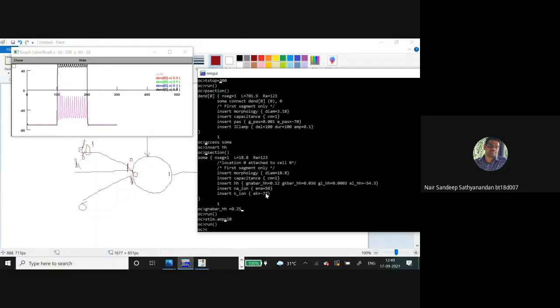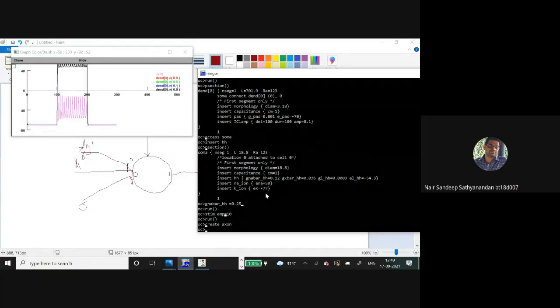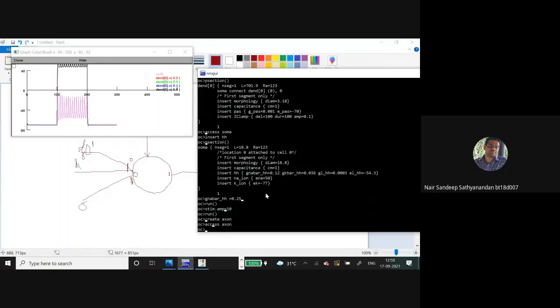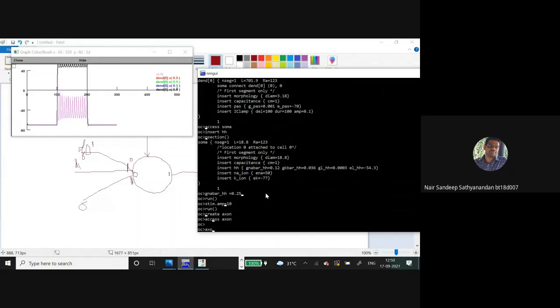Again, for creating an axon, we have to use the create command. Then we have to create axon. Then to change the properties of the axon, you have to use access axon. And then we can set the properties of the axon.